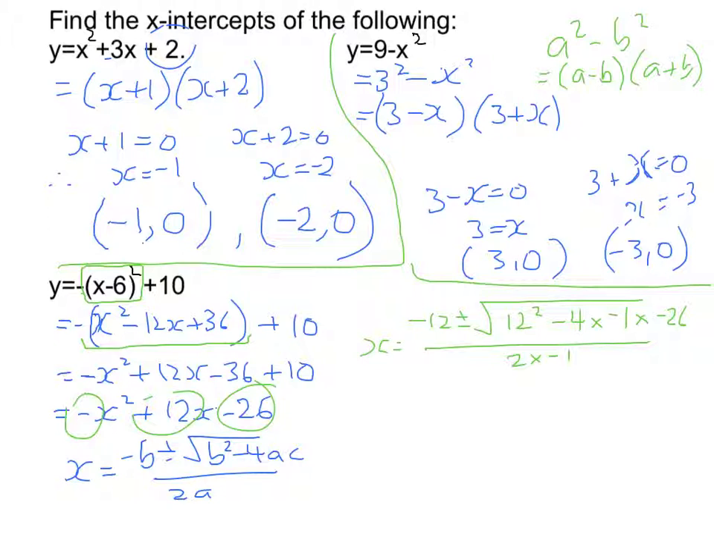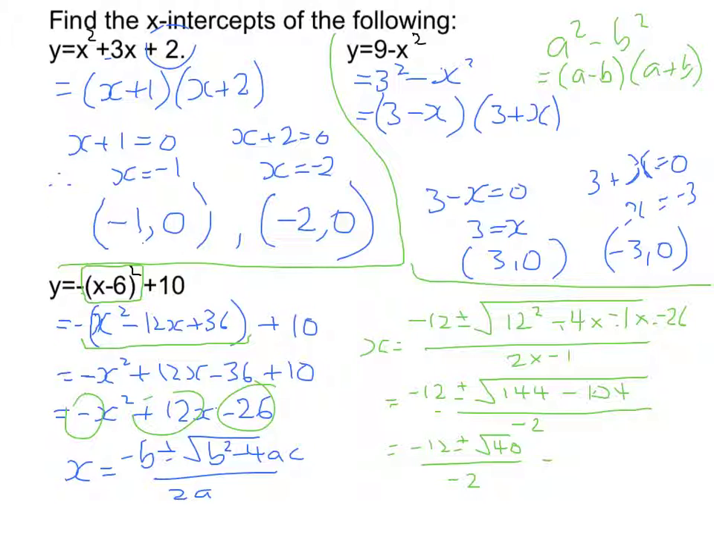So x is equal to that, which will be equal to negative 12 plus or minus, let's simplify. We've got 12 squared is 144. 4 times 26 is 104. Now, is this going to be positive or negative? So we've got a negative times a negative is a positive, times by another negative is a negative, so it'll be take away, all divided by negative 2, which will give us negative 12 plus or minus the square root of 144 take 104 is 40, over negative 2, which equals,